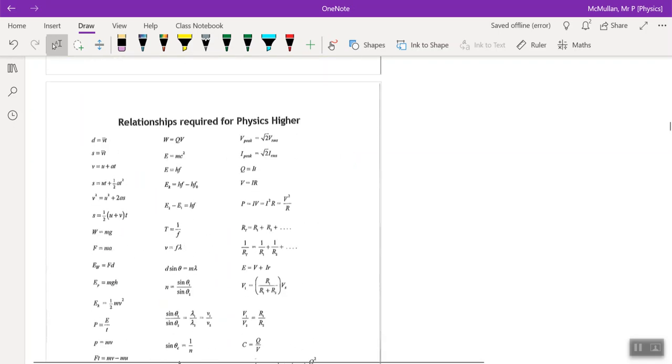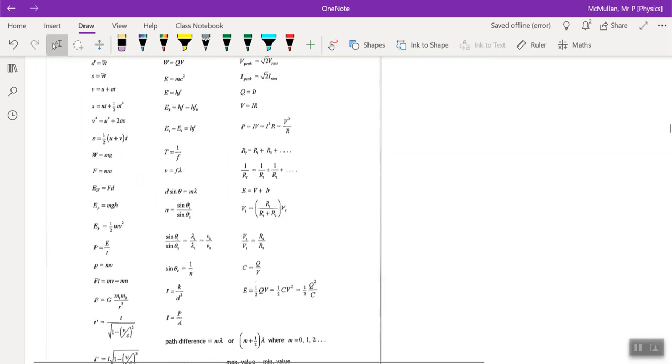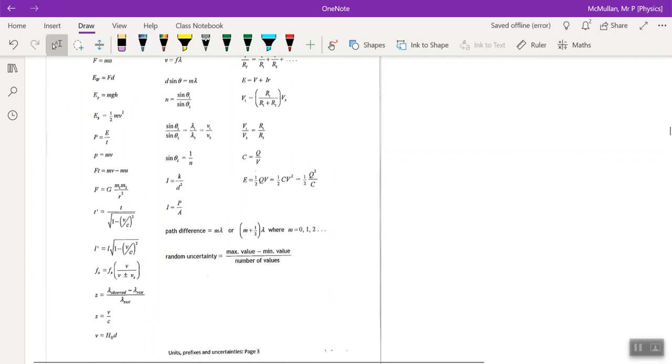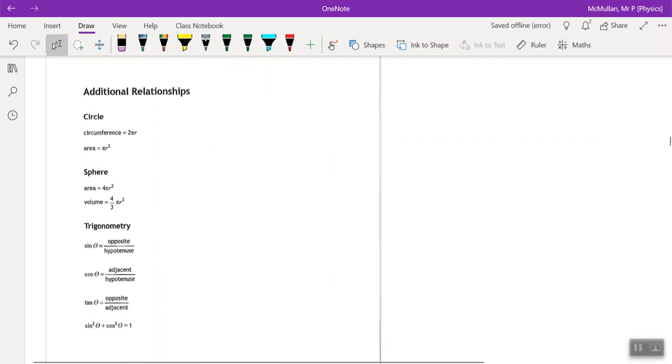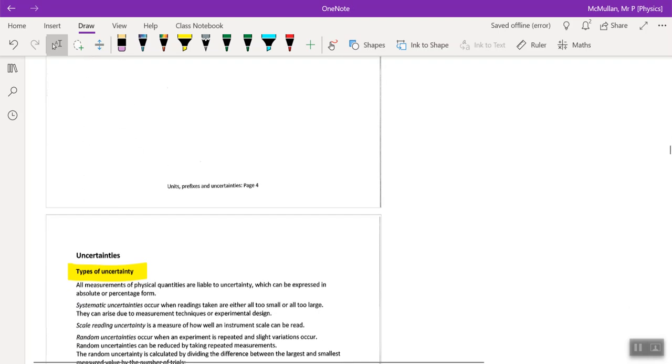The physics formulas that you'll end up knowing at the end of the year are detailed in the formula sheet. Again, not going to spend too much time on this. Additional relationships, again, this is given to you in the exam. Trigonometry, circles and spheres. These will be used to help you work out some answers as you go through the